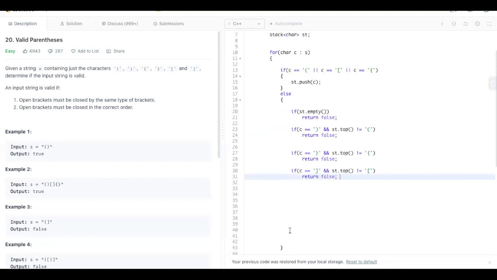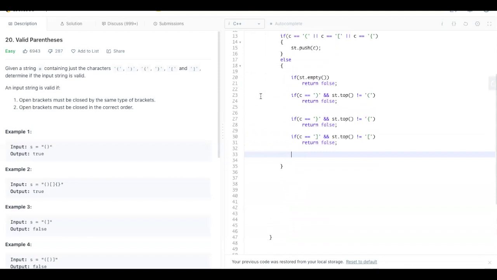All right. So these are the conditions which we have checked for the correct order, and also if it is of the same type. So stack will take care of the correct order, and if it is of the same type, these conditions will be taking care of that.